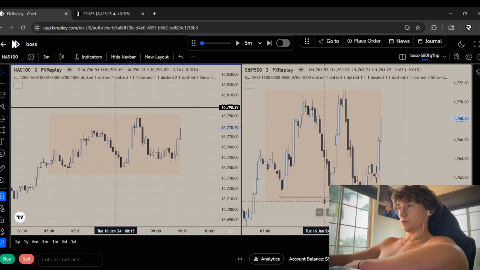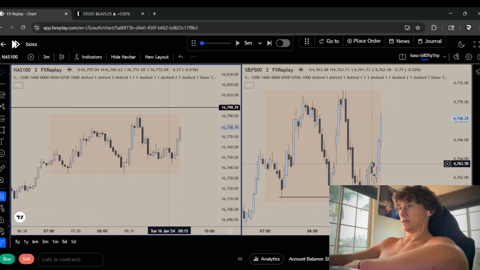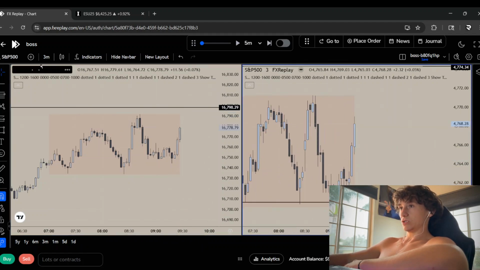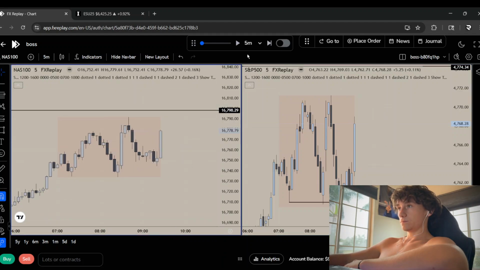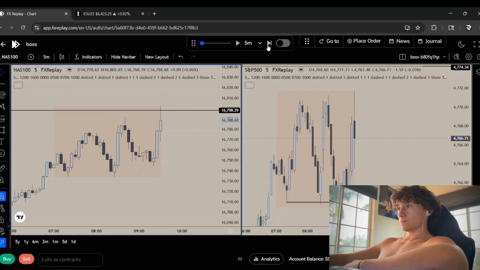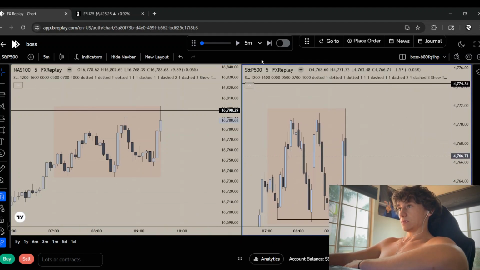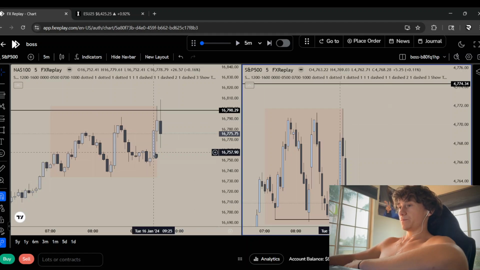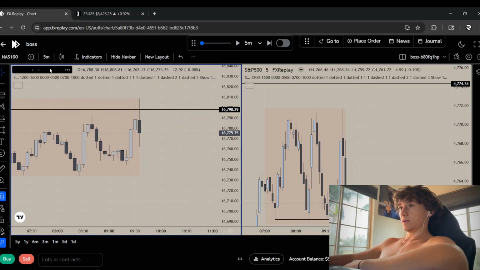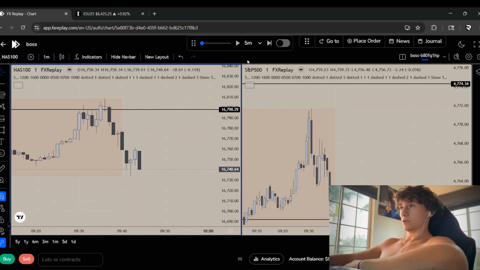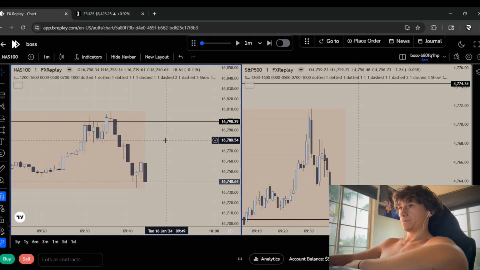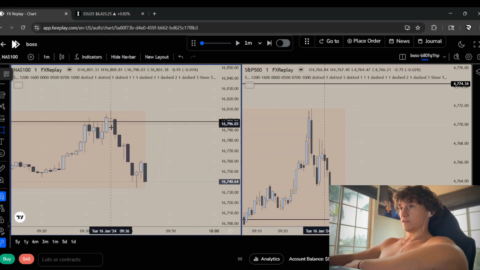So what did we do here? We made an SMT again, which counts as the liquidity sweep. Alright, so we swept London highs, I believe. Created an SMT, got a down candle, got another down candle, creating a change in state of delivery. So we would want to see this gap come up and get filled right here.